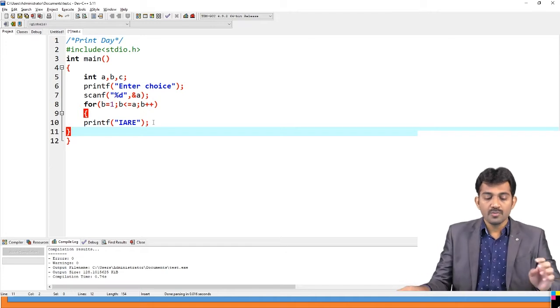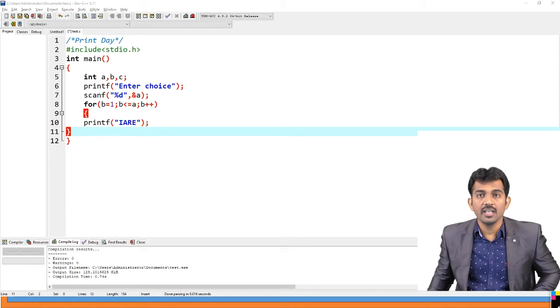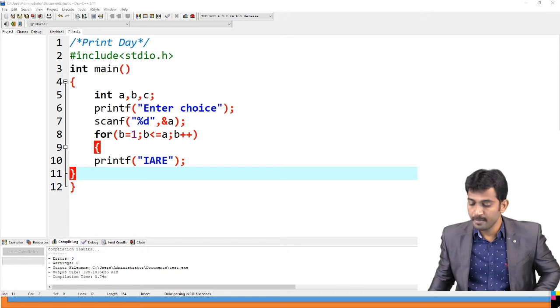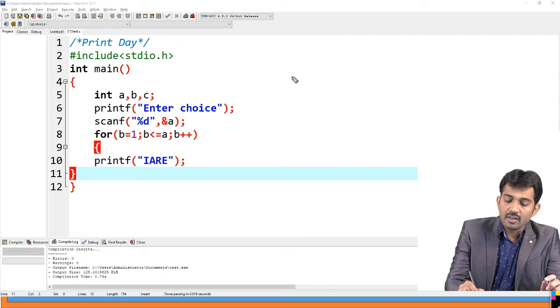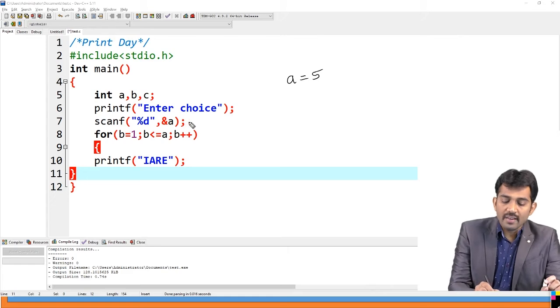See, if you observe here, initially, for example, if a value is 5, then what happens? We entered the value 5, then b equal to 1, right?